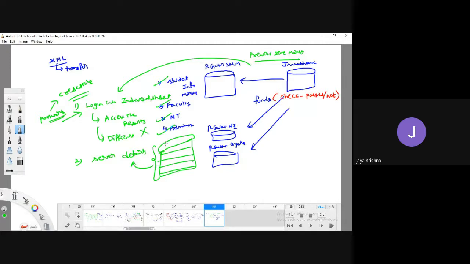Now they can access not only the marks of an individual student, but also the student info, faculty info, faculty salaries, non-teaching info, administrative info. They are able to access the entire information of every institute instead of viewing only student marks. This is also not recommended, because our entire college information is disclosed to a third party, and with this information they can do anything. So this process is also not recommended.